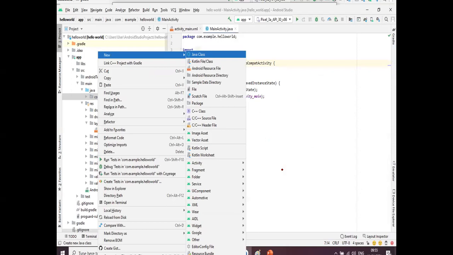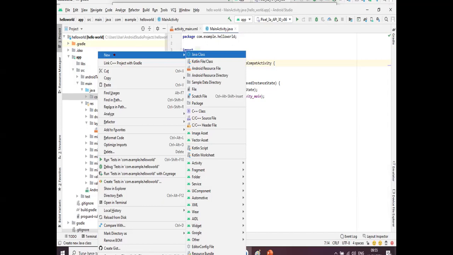Now next, go to your main activity class. This is your main activity class. Here you can write the corresponding code pertaining to your application. You can also create any number of classes. Right now we have only a single class, the main class, main activity.java. But if you want to create multiple classes, you can also do it.